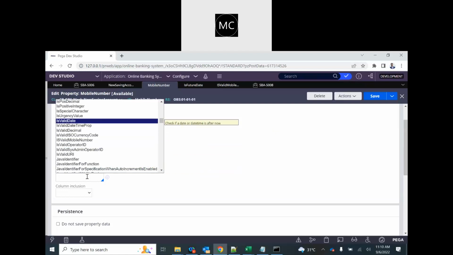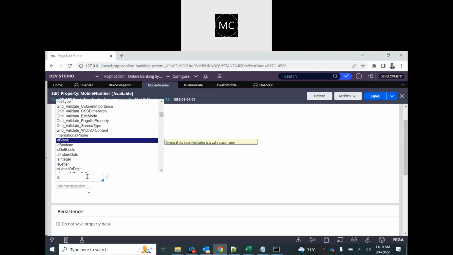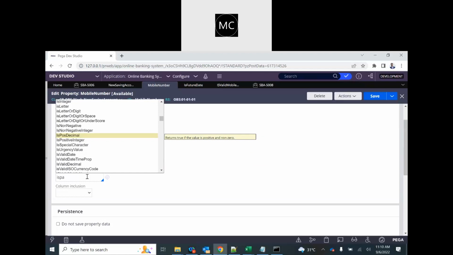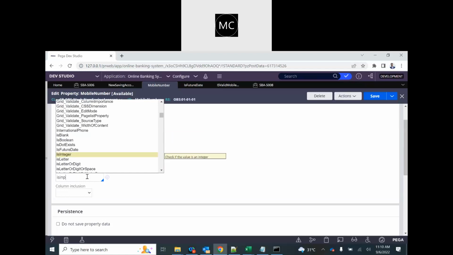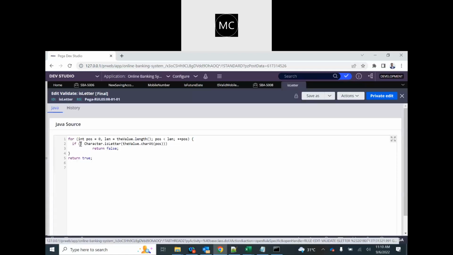If it is a valid date, that is also there. Is that an integer? Is that a letter? I mean, you can write Java code there, okay, to do whatever validation you want to, right? So this is one place where we do validation on the field's format, and these rules are called edit validate